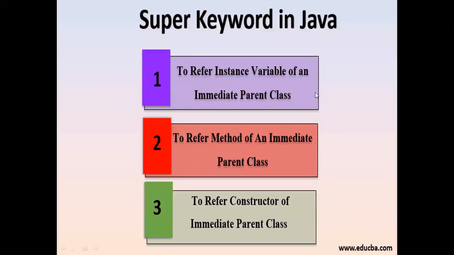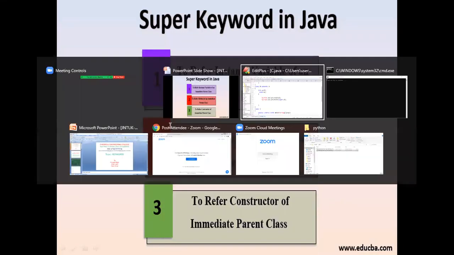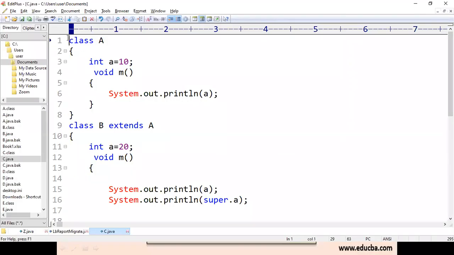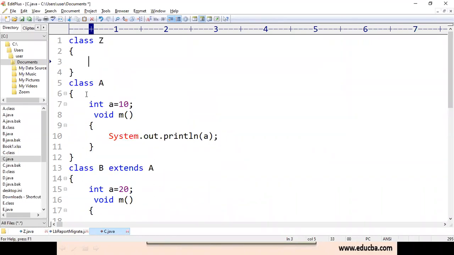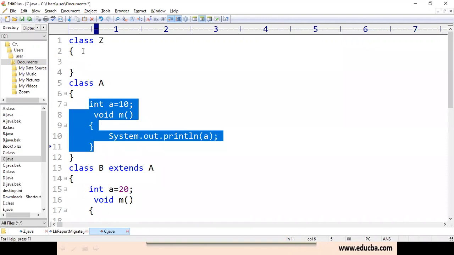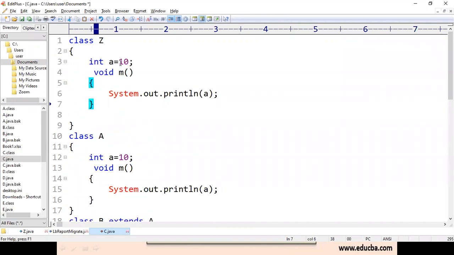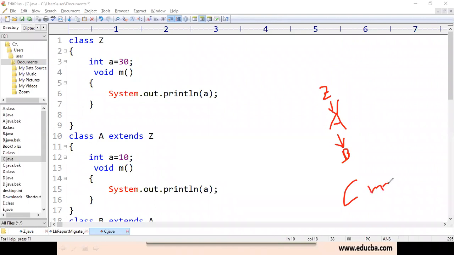For example, what the immediate parent class means: for example, there is one more class here, some class Z, and inside the class Z also there is variable A where the value is 30, and A extends Z. See what I have done. There is a class Z, A, class B, and class C. Z is inherited into A, A is inherited into B, and C contains the main method.